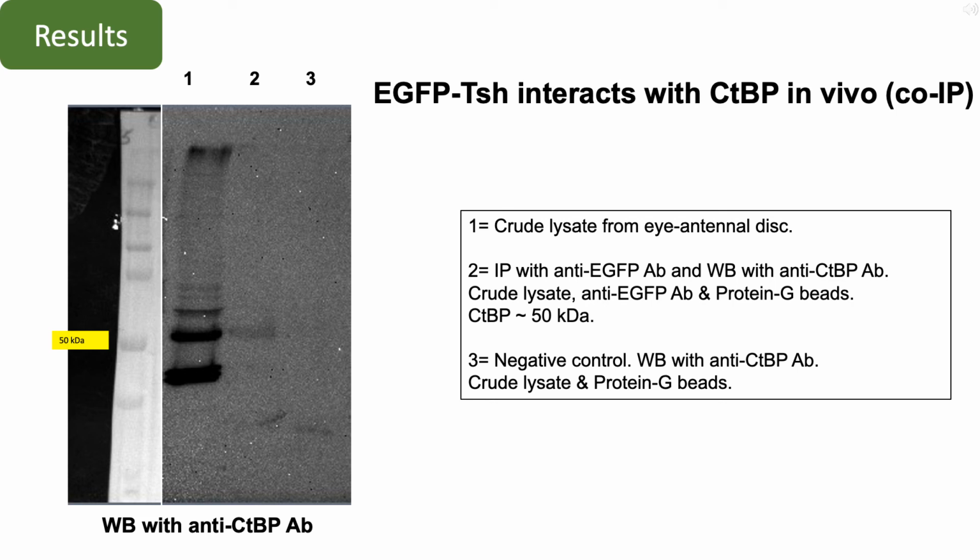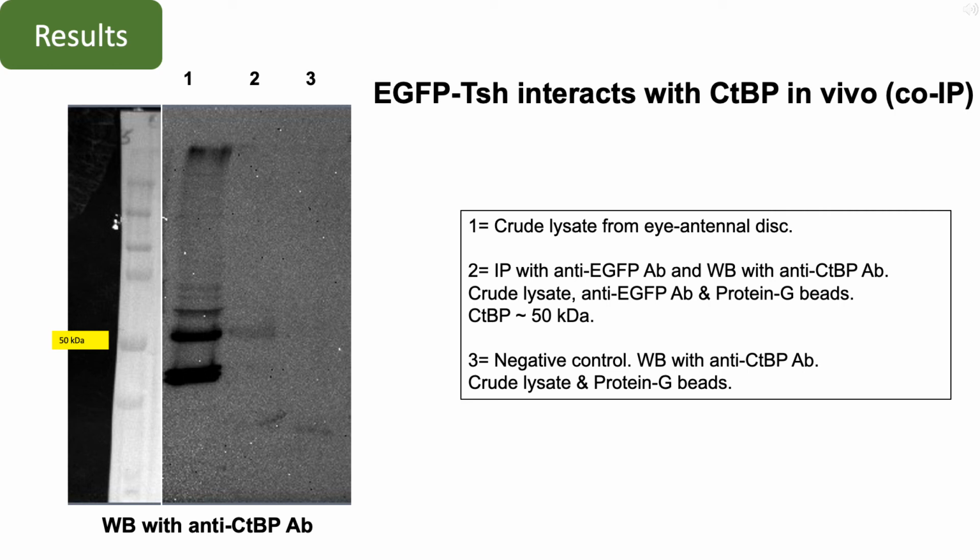And so this is in hopes that when the protein was combined to the protein G bead and the antibody, it was combining via that complex of the EGFP t-shirt. But now that we're using an antibody against CtBP in this Western blot, we would hope to see a band marking for CtBP, which would insinuate that there is a complex that is pulling CtBP out of this co-immunoprecipitation. And so in that third column, this is our negative control, and so this is just the crude lysate and protein G beads,